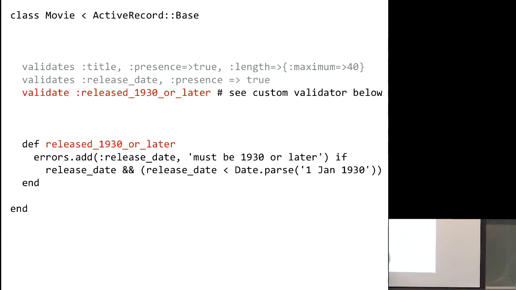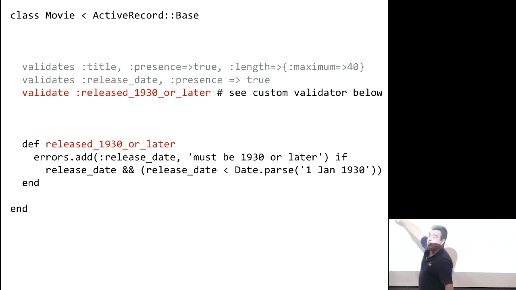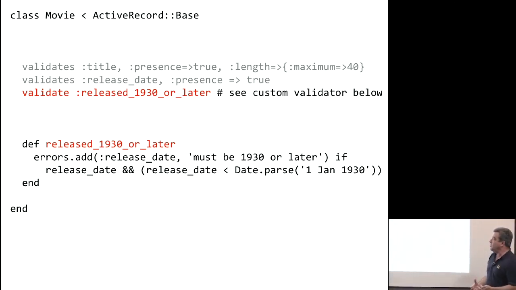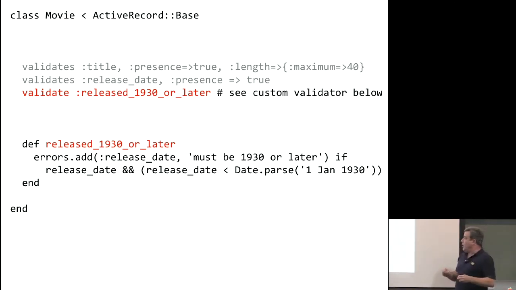I'm defining a custom validation that isn't a simple thing I can express with one of the built-in validation checkers. And then on the third line, it just says, in addition to the specific attributes, title and release date, also run this function. And this function can do whatever it wants. It can look at any attributes of the object. It can enforce any conditions. It can enforce things that are time varying. It can look at relationships between different fields. So basically any invariant that you want to assert.